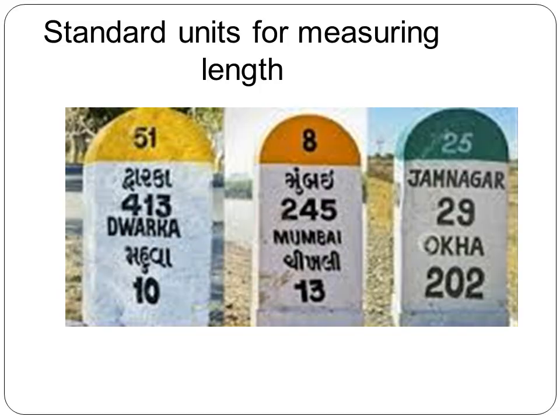Standard units for measuring distance. The distance between two places is the measure of the length between them. Some standard units commonly used for measuring distance are meter and kilometer. To measure a short distance such as the one between the living room and the kitchen of a house, we can use meter. We can use a measuring tape or meter scale to measure a short distance. For measuring long distance such as distance between two cities, we use kilometer.